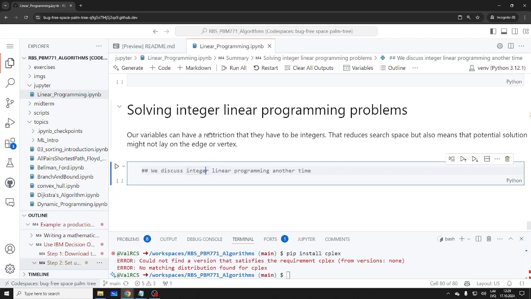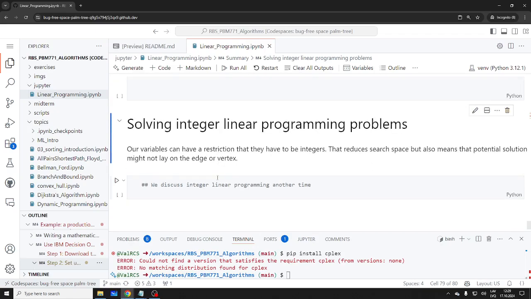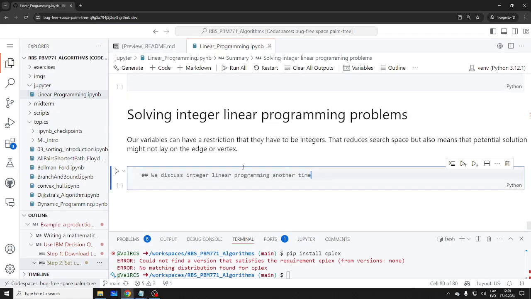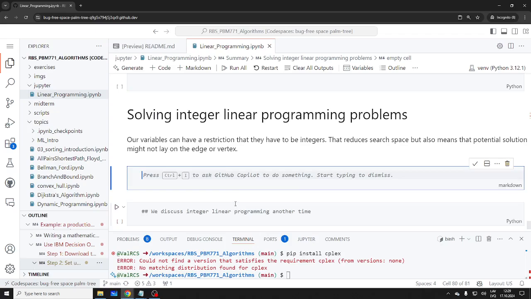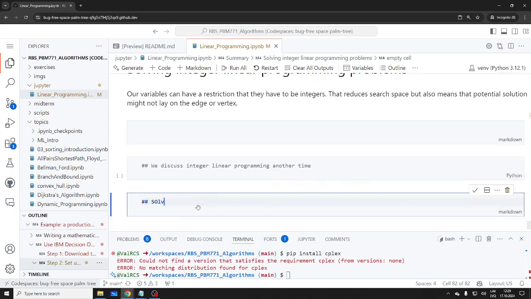But now we'll do integer. That's something we'll solve next time. But for now, let's do markdown. No, not here. Control Z. Here, I'll do this here. Solving